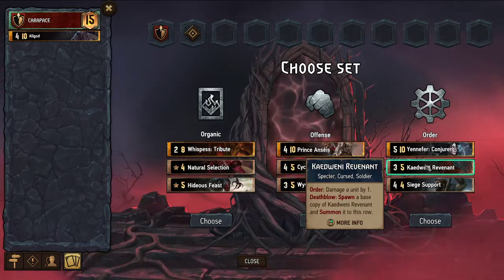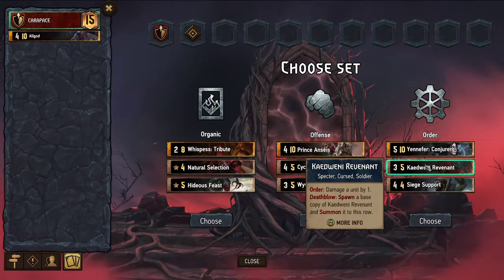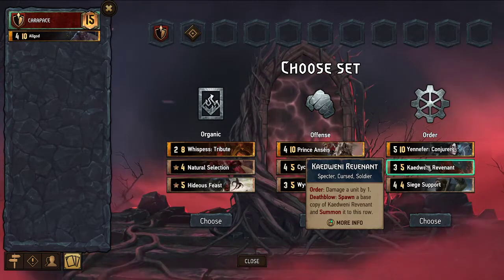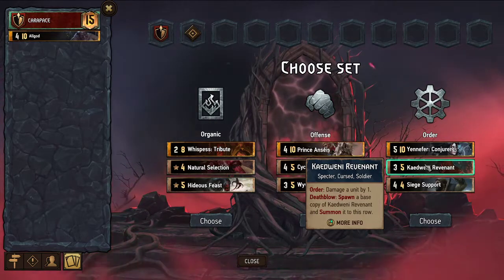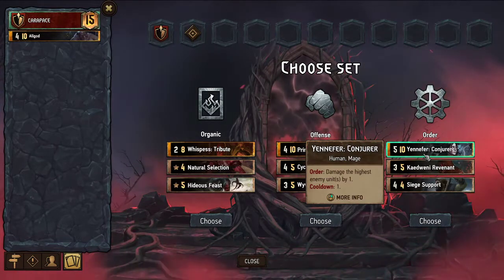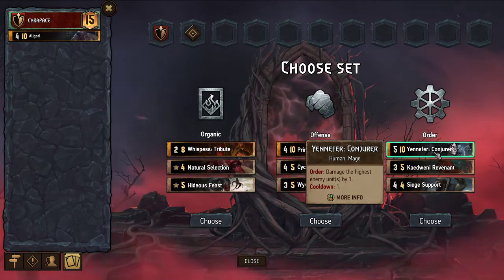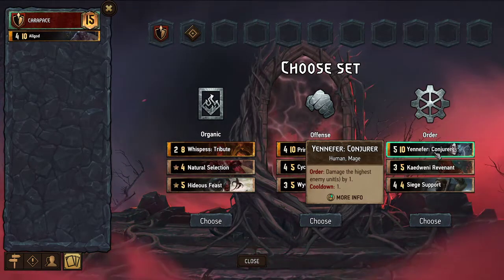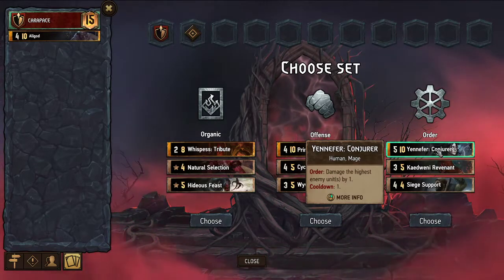So this one, if we can get a lot of enemies, ideally enemies with low strength, then we can get rid of them, spawn more Kedwenny Revenants, and then turn into a chain reaction thereof just non-stop Kedwenny Revenants. So there is a bit of a synergy between Yennefer and the Kedwenny Revenants. However, Yennefer is specifically dealing damage to just the highest enemy unit. So that means that unless the highest enemy unit has 2 strength,